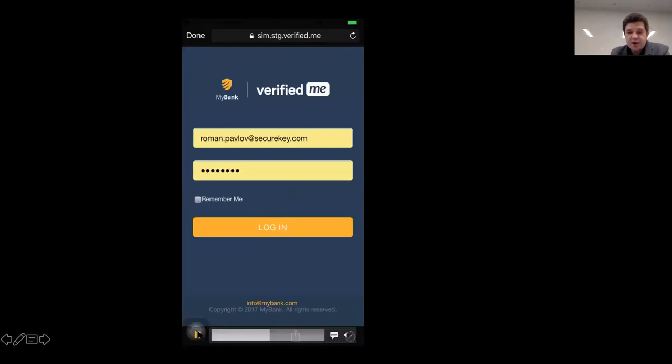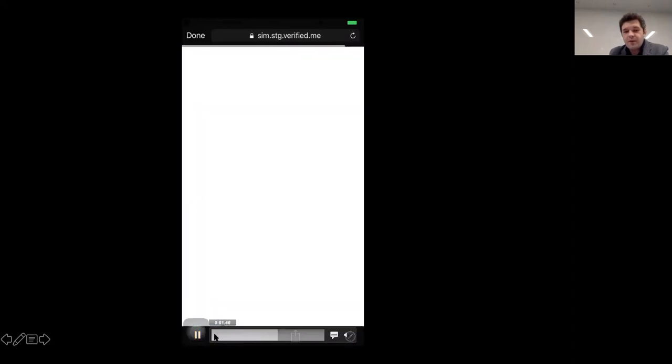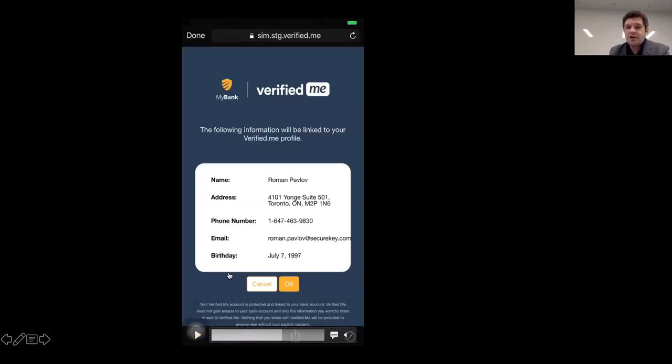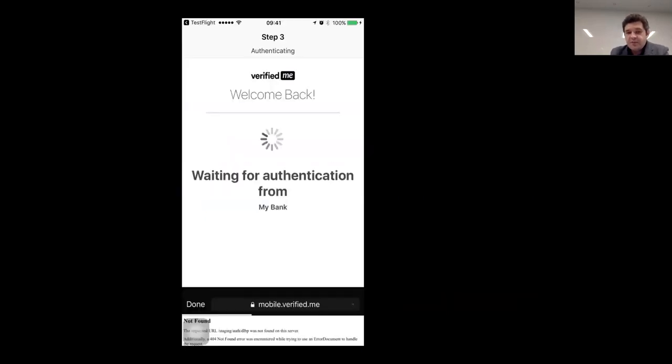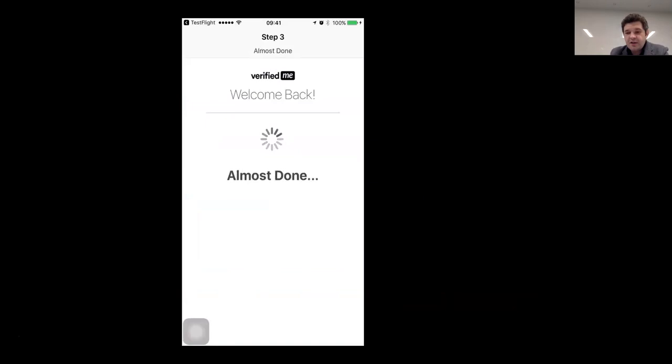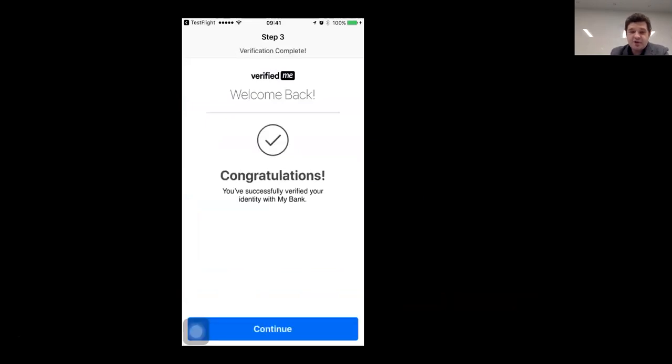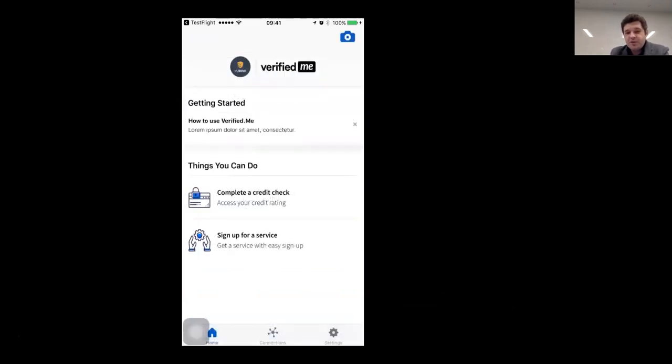And so once you log in, the bank will display some information about you. And those are the claims we spoke about, right? So you will have your name, address, your phone number, email, and so on. Those will be the basic attributes or claims about your identity. And once that's done, you create your profile, and it is now in the app. So you've been verified, and there will be some next steps that you can do. And this is just a mock-up of what things could look like. So you could do a credit check, you can sign up for some services, things of that nature.